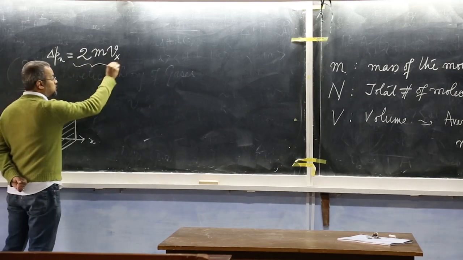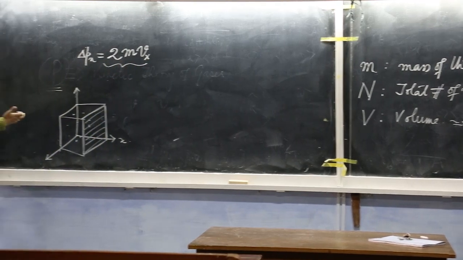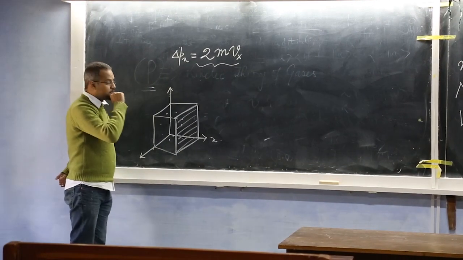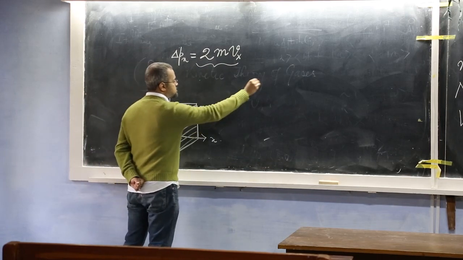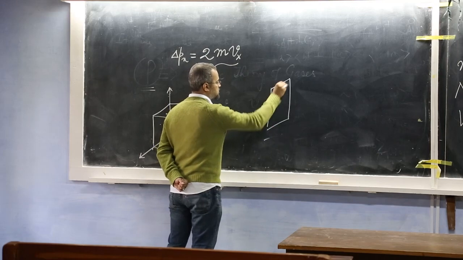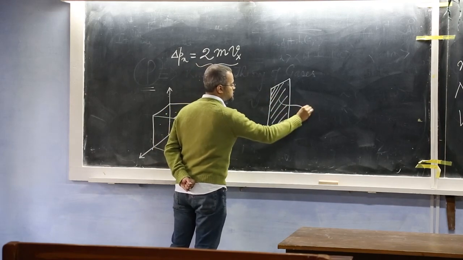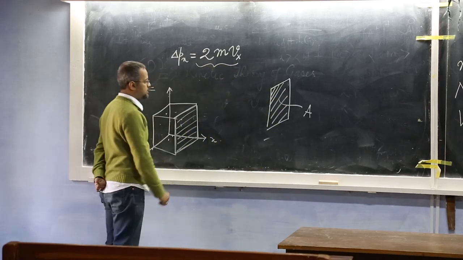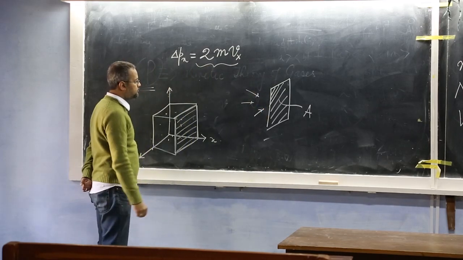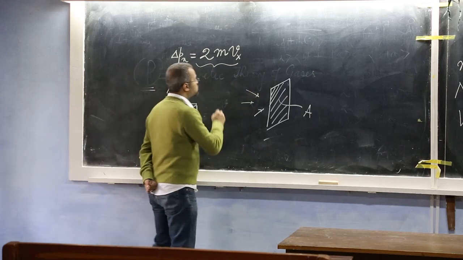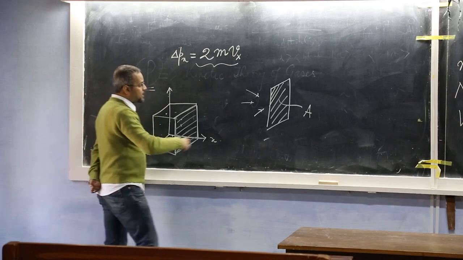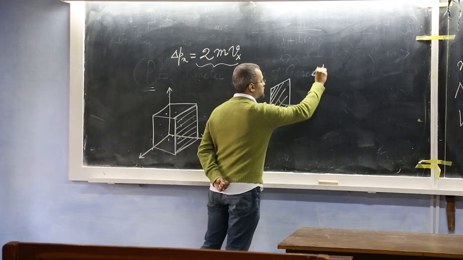Now this is for a single collision, so we need to compute the total number of collisions that is happening. So how do I compute that? If we consider this surface that we are interested in, and assuming that this surface has area A and these particles are hitting it from this side, in the x direction, if you want to compute the total number of particles that are hitting it in time, say delta t,